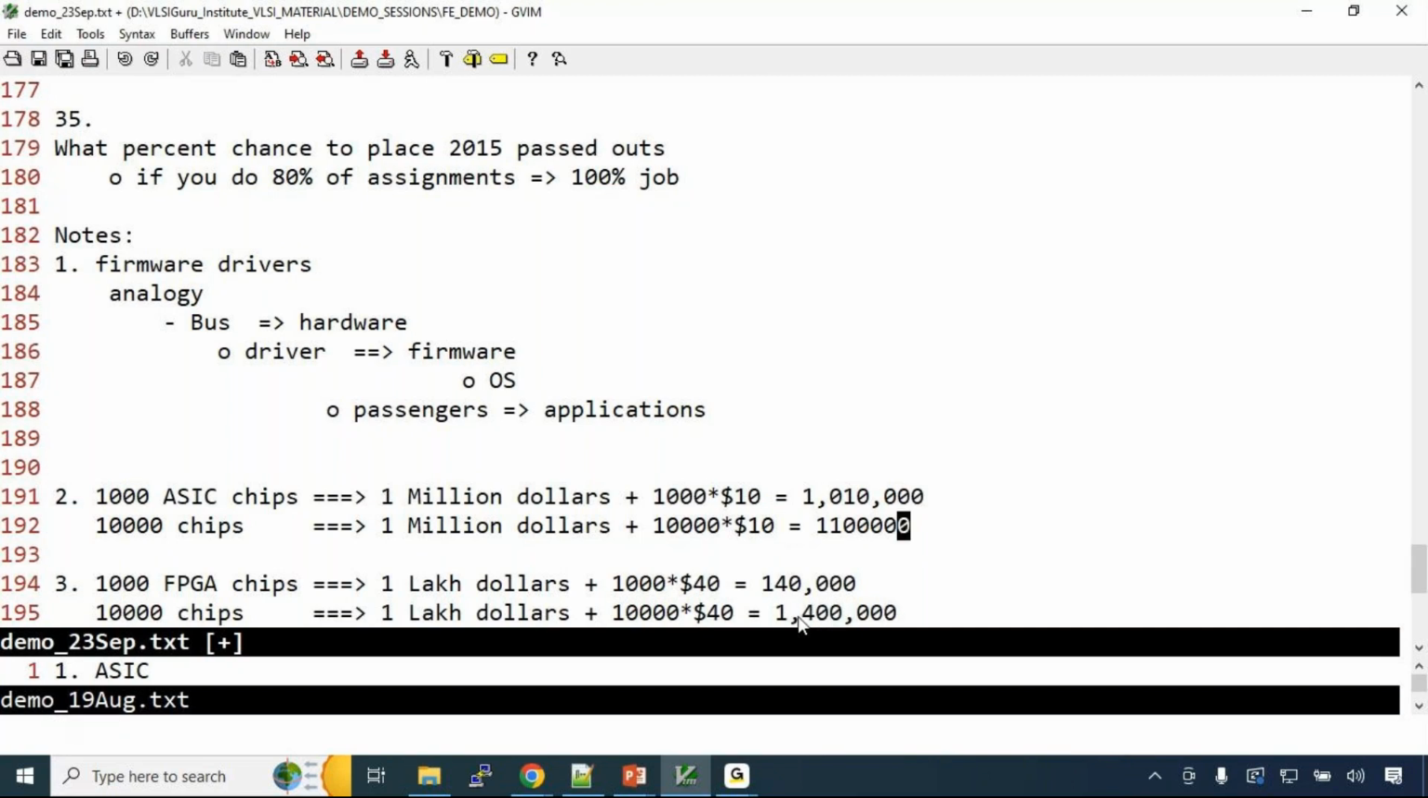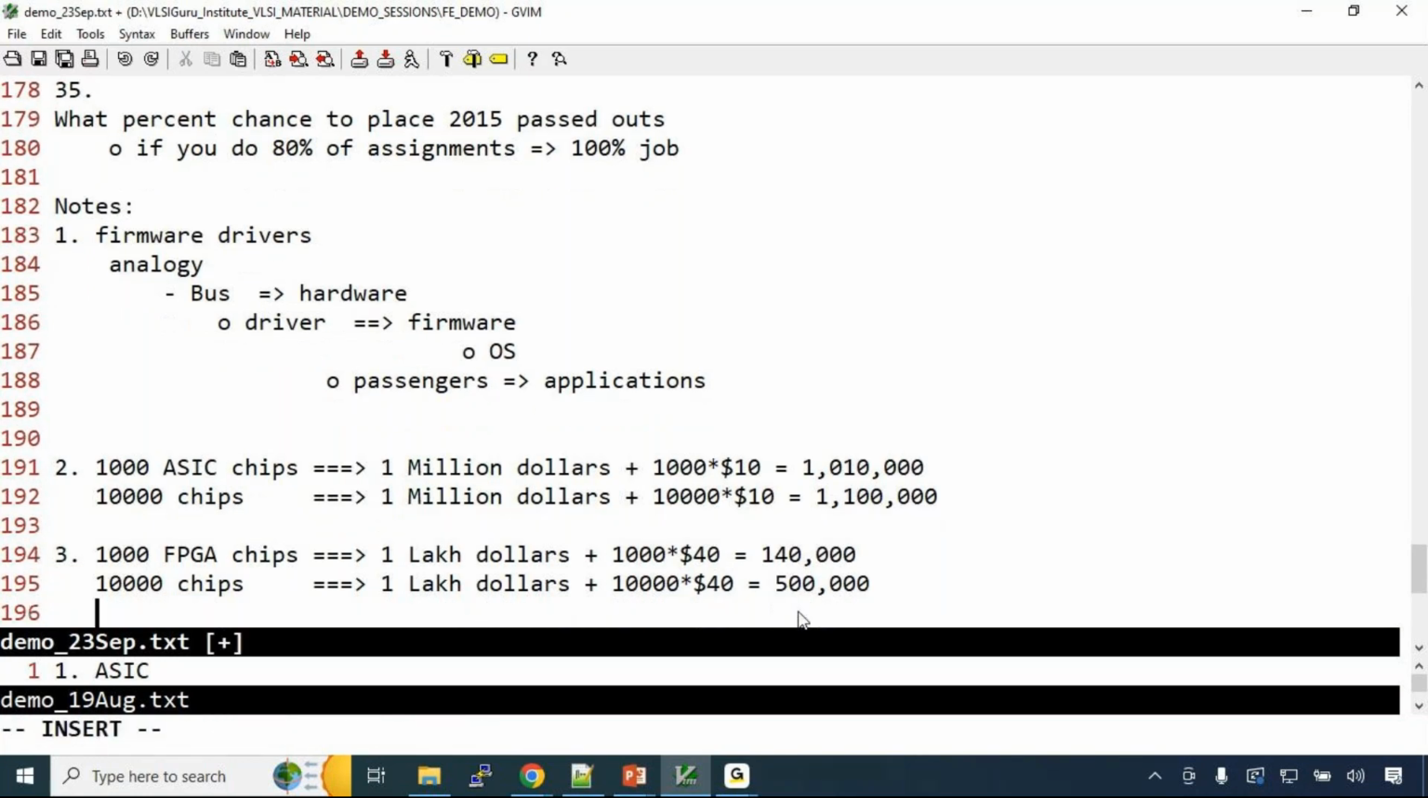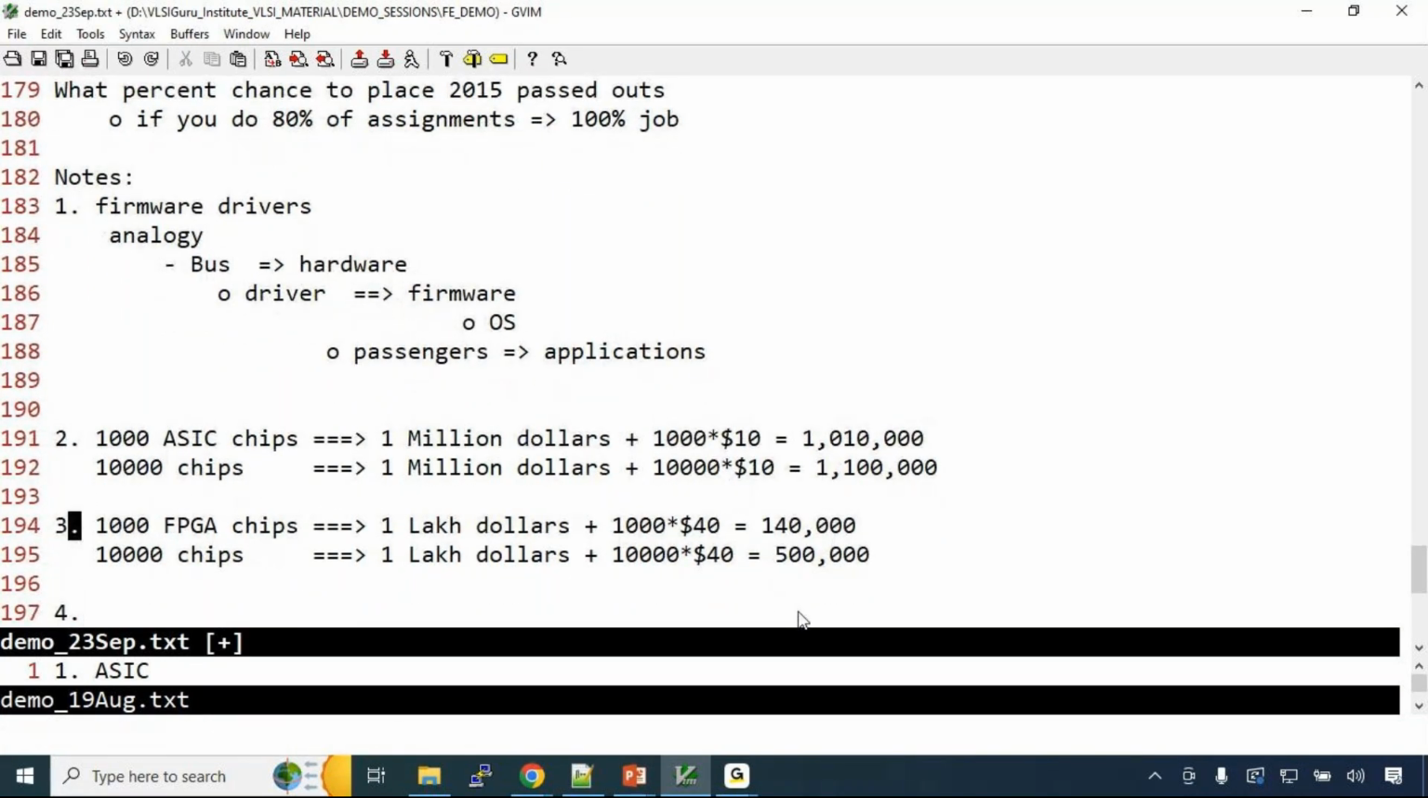Now you can see the difference. Tell me now which is cheaper. Oh, sorry. This became 5,000, right? Understood this point? FPGA is cheaper. So there will come a cutoff point where, if I want to make 50,000 chips,